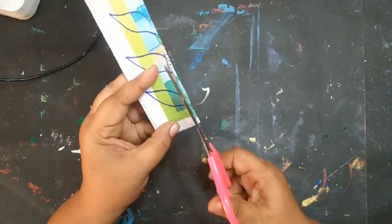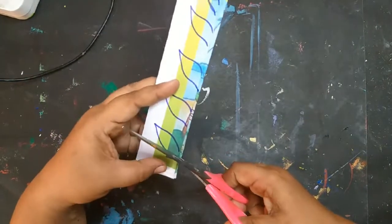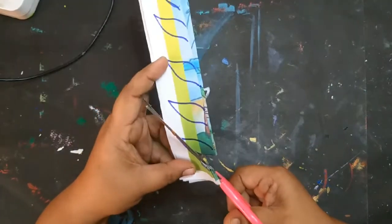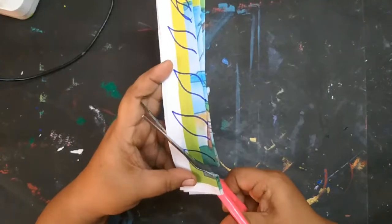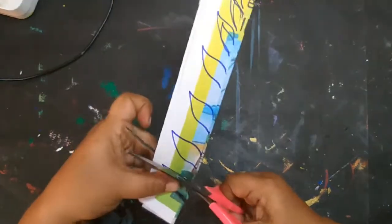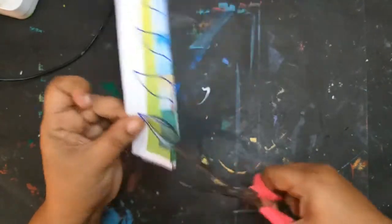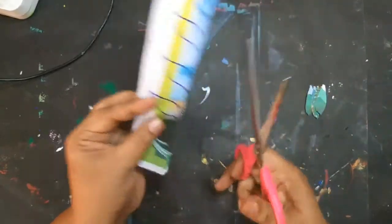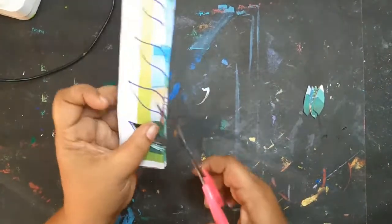See, they will have a thin stem, isn't it? The part where they are, the leaf node or something like that. Okay, so I will do and show that at the last. For the time being, we will start off with the leaf shaping. Okay, so like dewdrop leaves, cut it, and then